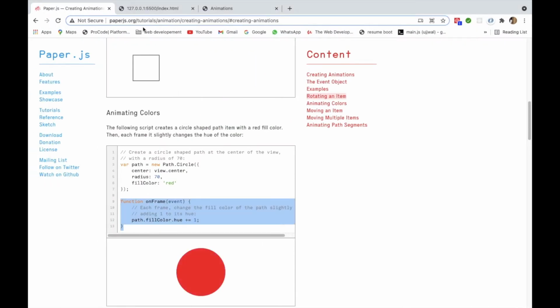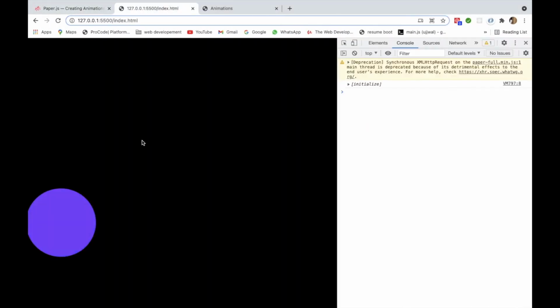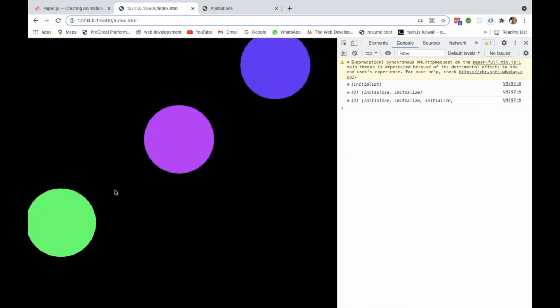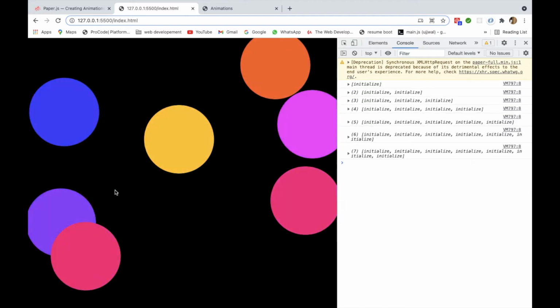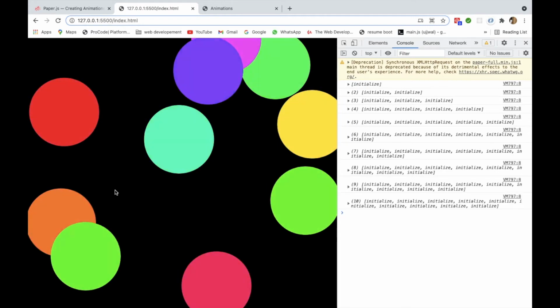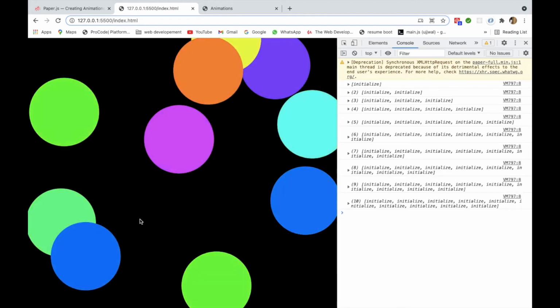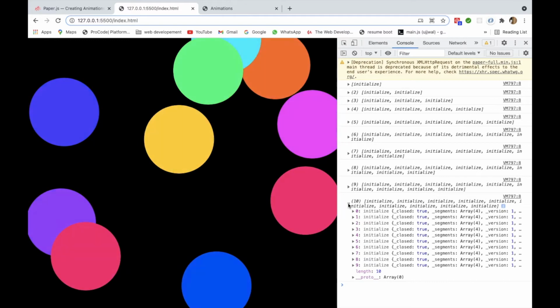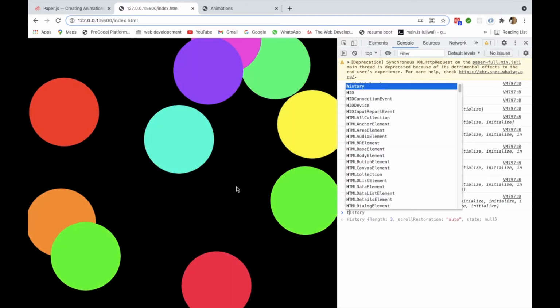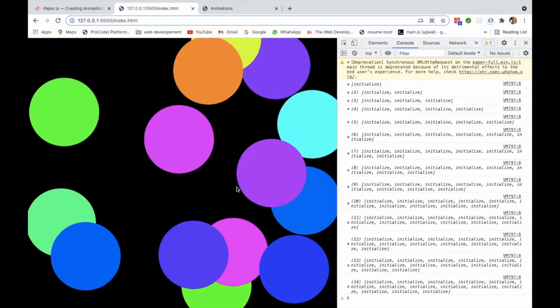Okay, so let's see if things are working or if we are receiving any error. You can see that the color is changing of each and every shape that you see in here, or each and every element of this particular array that I am displaying on the console. Okay, and this is also looking very amazing.